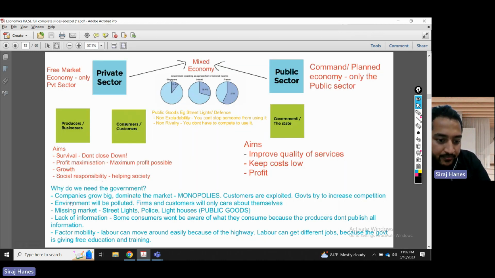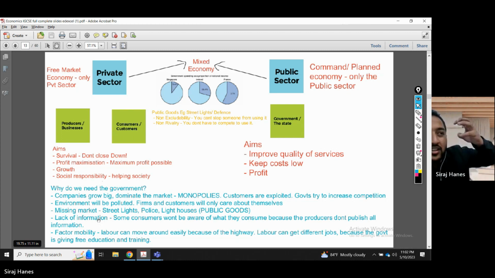The government jumps in and made it mandatory for everyone to put this little yellow sticker or a green sticker or a red sticker indicating the sugar levels. If the government didn't come in and do that, we wouldn't know. Lack of information, because not all companies will publish information. You think Coke will come in and say, oh, we've got really high sugar which can cause diabetes, drink our Coke? They're not going to do that. So the government jumps in to warn you, be careful, Coke has a lot of sugar.